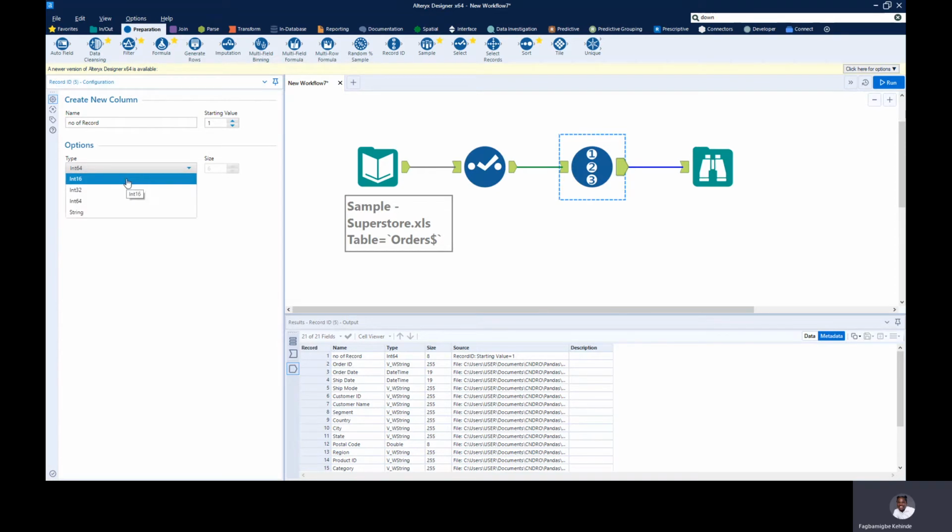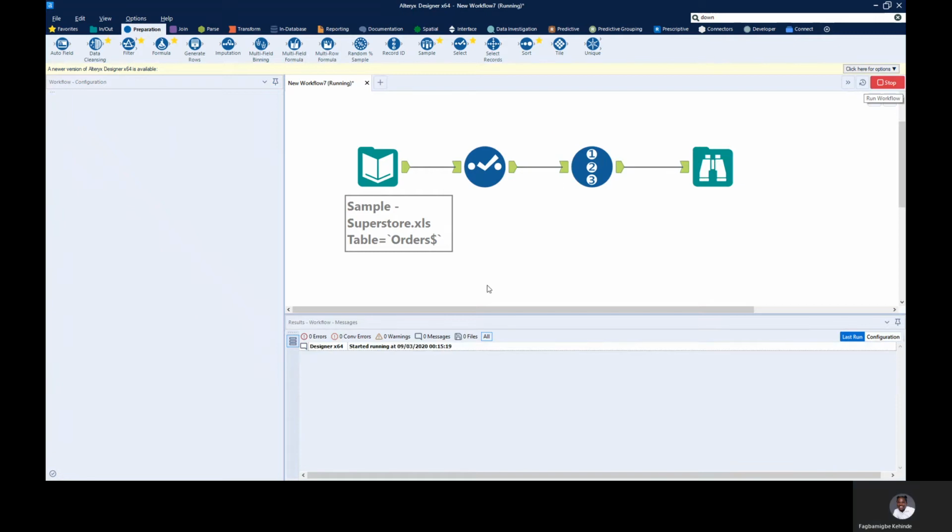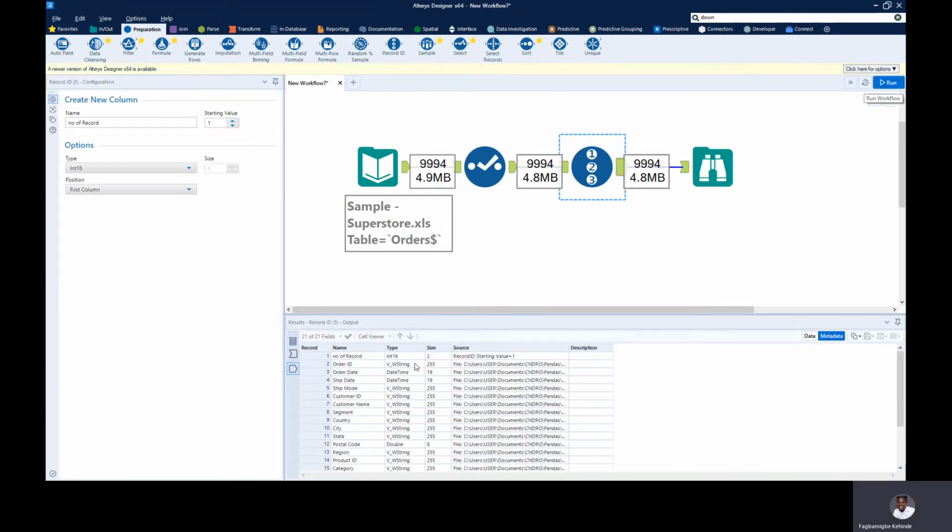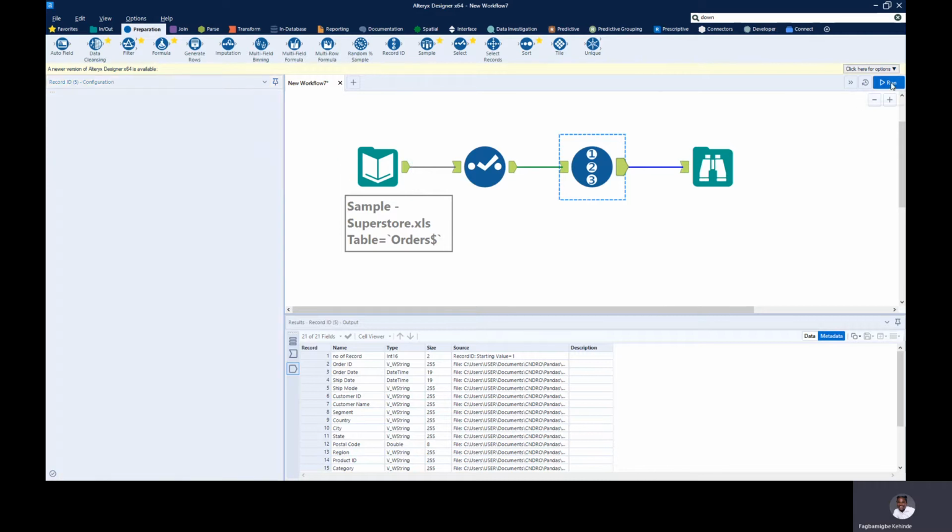Okay, so let's pick 16 now, and if we run this, as you can see, the size differs, like I said. So just the size of the field is going to differ, just like what the auto field will automatically do. So that's about that. If we choose the last column, let's just rename this to my count. Like I said, you can rename to anything, and then if we run this, for example,